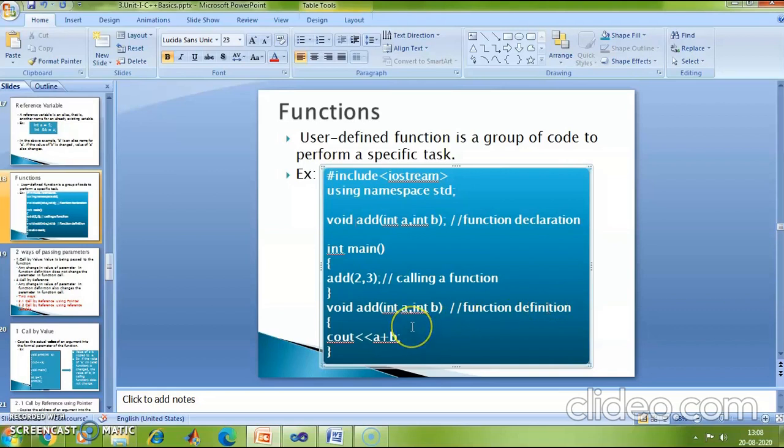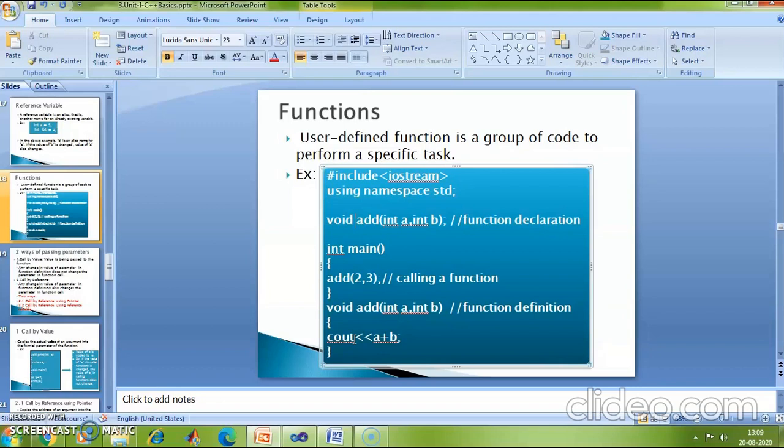So how do I define a function? Mention the return type of the function, followed by the function name, followed by the parameters passed in the function, in parentheses. Each of the parameters is separated with a comma, and then I open the scope of the function with the opening flower bracket and write my piece of code which I use to define that function.